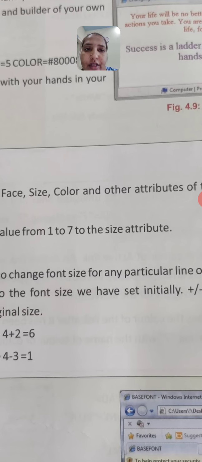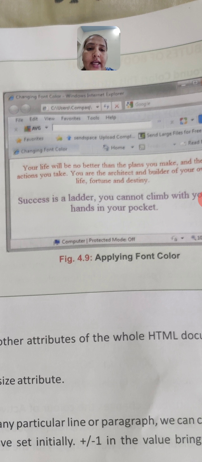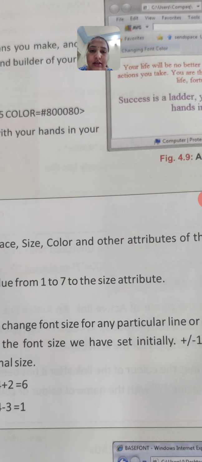See here in the window the color will look like red and purple. They have given it as red and purple, like this.